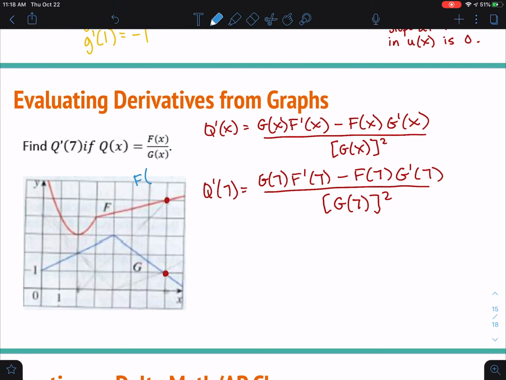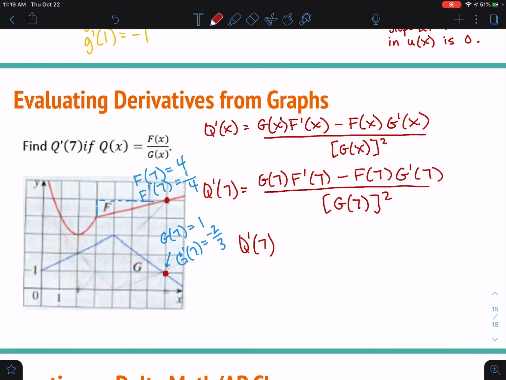So let's figure out what my point is. So f of 7 is going to be the point at 7. So that's going to be 1, 2, 3, 4. And f prime of 7 is going to be the slope there. So if I look at the slope, it's going to be up 1 over 4. Okay. Now if we look at g of x, g of 7 is going to be 1. And g prime of 7 is going to be the slope here, which actually is going to be -2 over 3. Okay, so that's what we're going to want to go and plug in